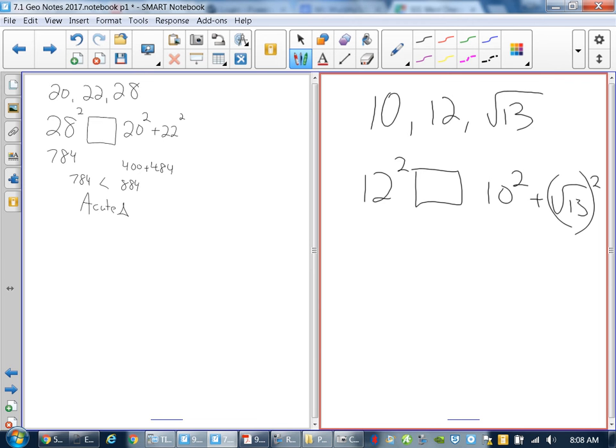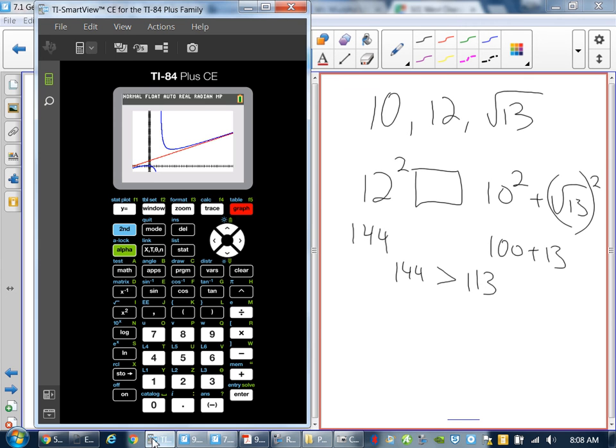So now you're going to get 144, 100 plus 13. So 144 is greater than 113. Therefore, what kind of a triangle is it? Obtuse. Now, in the calculator, one of the other things you can do as far as the square root stuff is concerned,